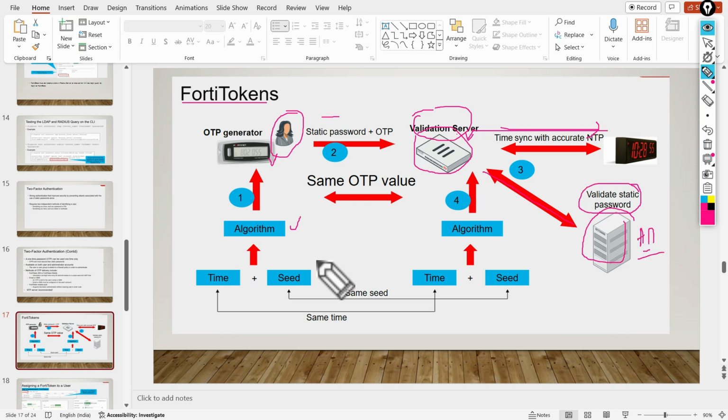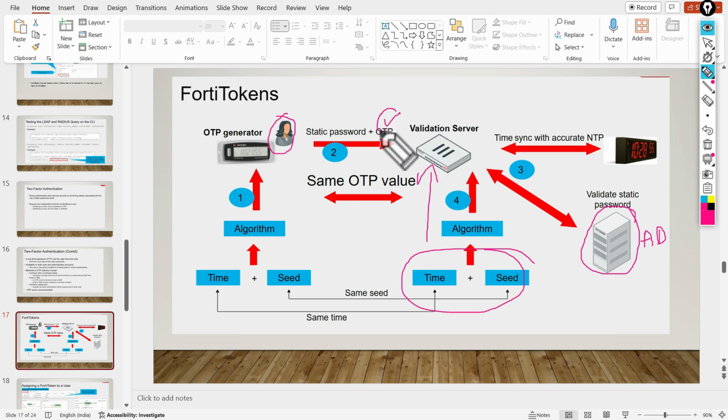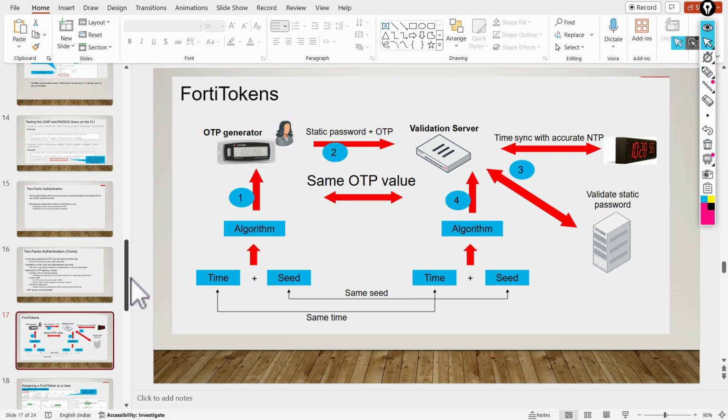So this is the two-way process. The first way is that once the user provides the static password, it is verified by AD. The other way is the second factor, the OTP, where using the same algorithm FortiGate acts as a validation server to validate this OTP. So this is how FortiTokens work.